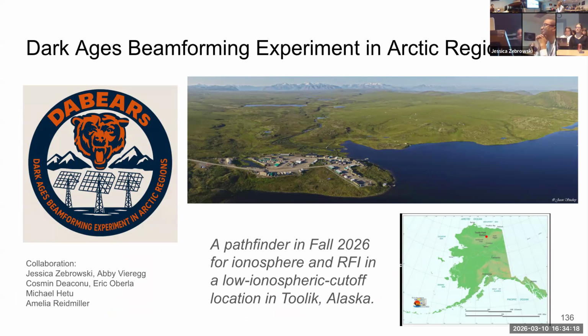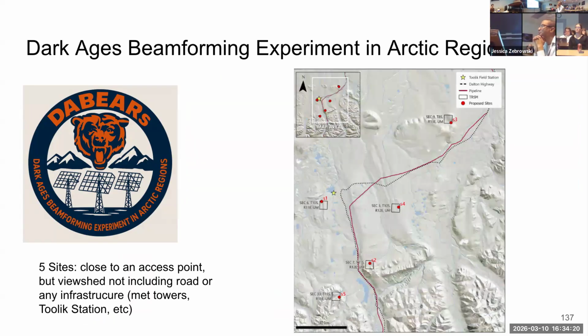And we basically chose this location for 2 reasons. So this is our site survey. We chose it because there is a road, so we can drive there. But it's a very remote road. So we have all these sites where we're going to take sleds and go over these mountain ranges. And yeah, I've been walking on the Stairmaster, preparing myself for this negative 20 degrees sled adventure. So it's over these slight ridges, as you can see in the topographic map, where hopefully we're out of the viewshed of RFI, close enough to the road that it's not going to be completely miserable to deploy, but away from things where you can see like met towers, Toolik Station, etc.